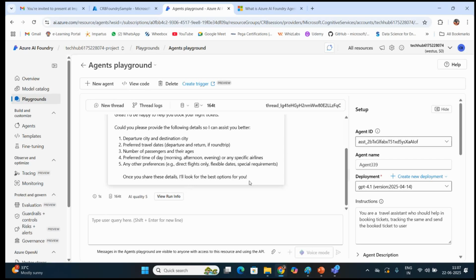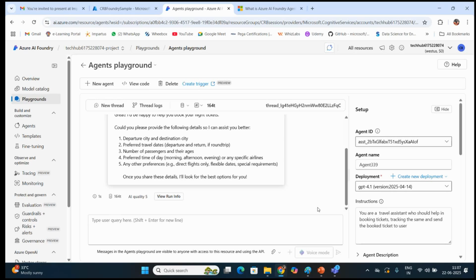So it would be getting the details based on the same, and it would be providing the details of what all it can do. So it's something like an autonomous agent, which is what we call the agent here.